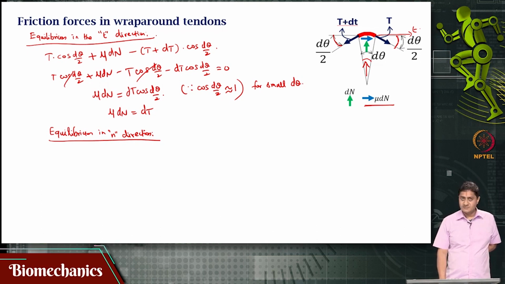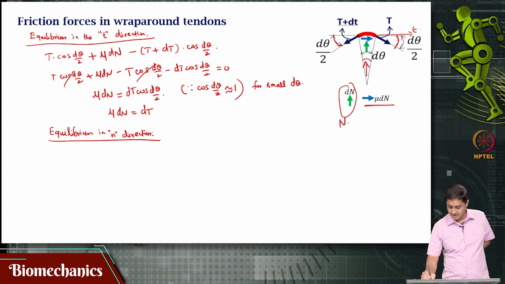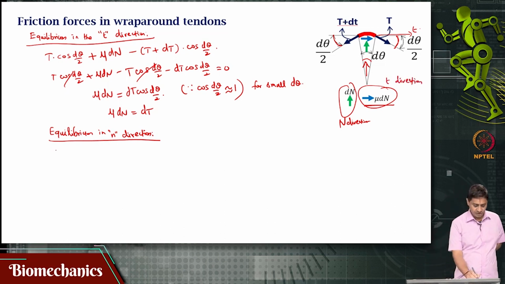What is the force in the positive n direction? That is the reaction force, that is dn, is it not? Dn is in n direction, mu dn is in the t direction. Equilibrium in the n direction gives dn